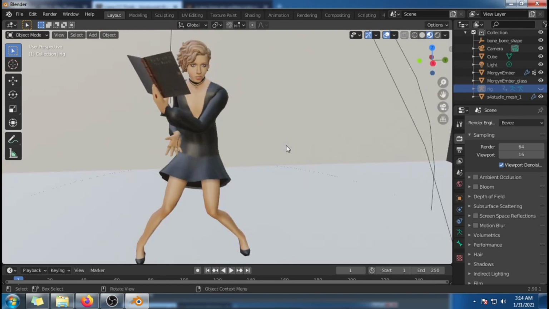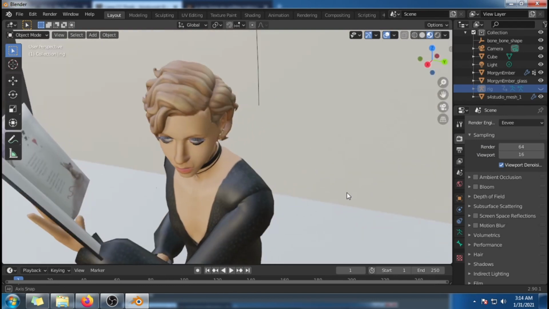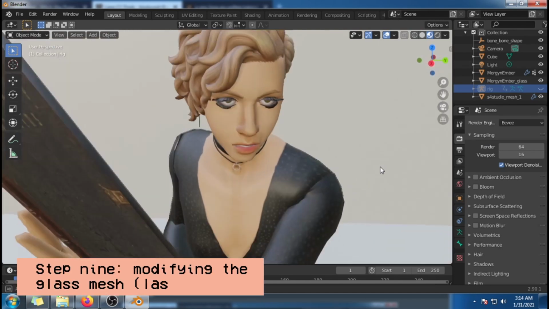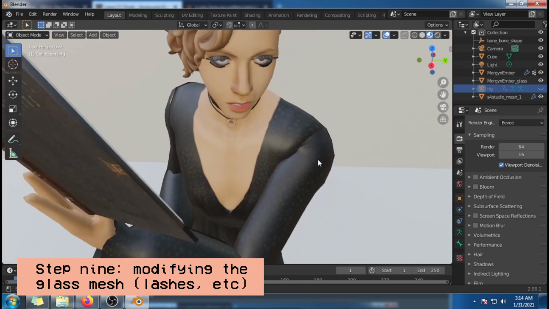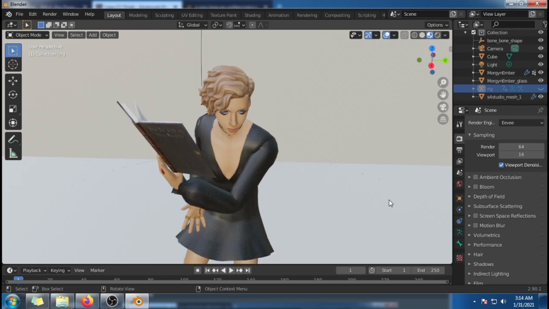Okay, so you could see that the lashes still have those black bits because it's not yet transparent. So let us go ahead and make it pretty. So click on your glass file, which is in my case Morgan Ember